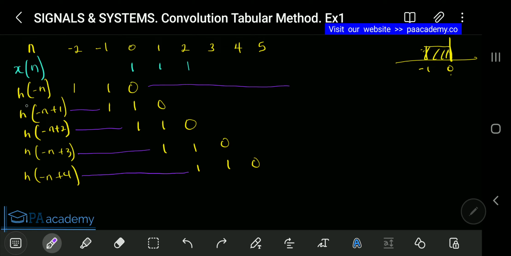All right, for this first one, h of minus n, we are going to indicate it as our y of 0. At this y of 0, you can see that there is only one overlap. That means this 0 is on the same vertical line with 1. What are we going to do? We are going to multiply it. But when we multiply it, it's going to give us 0. So we can just write it as 0. Exactly. So now let's go to the next